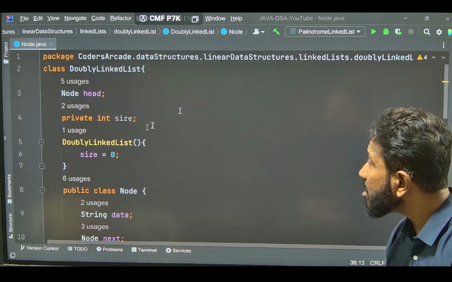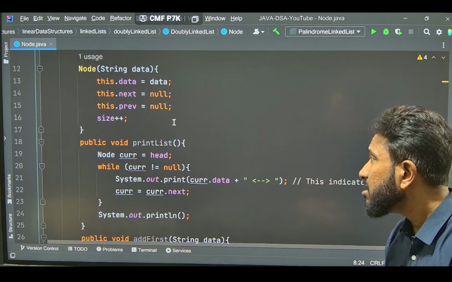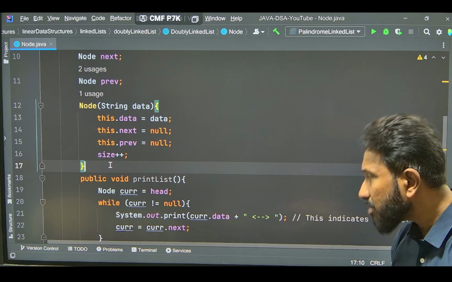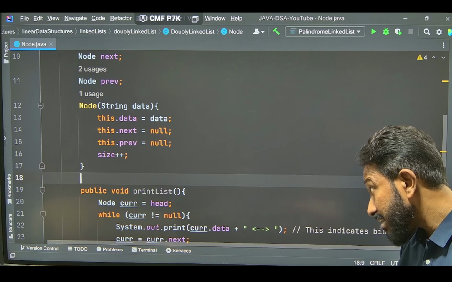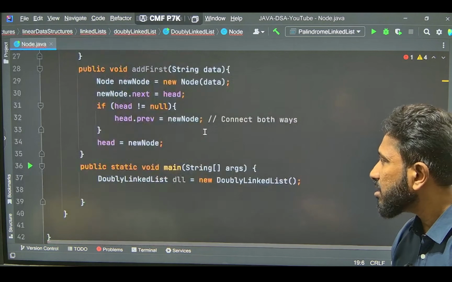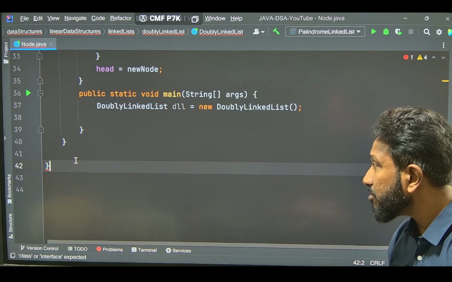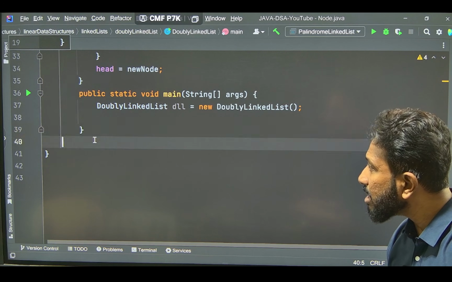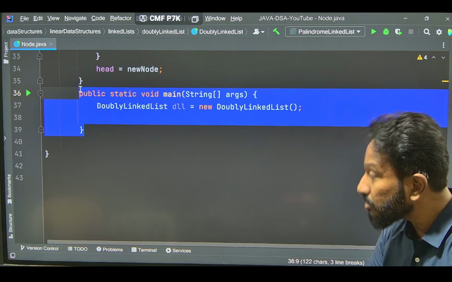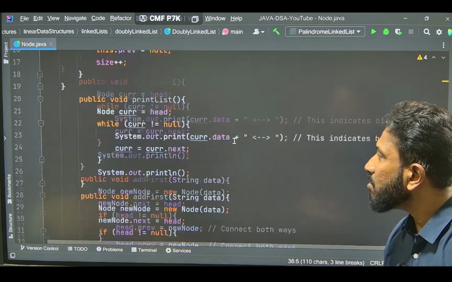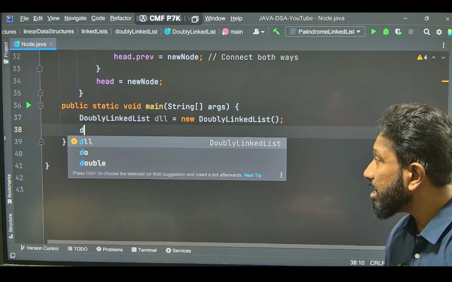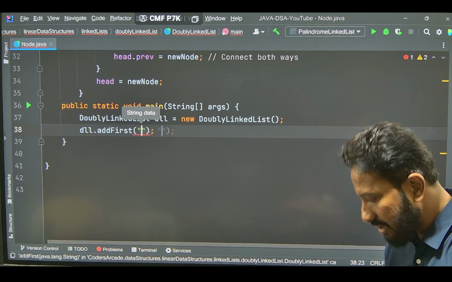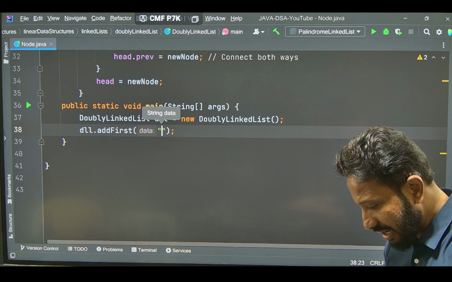Okay, actually, I think the node class finishes here, and this is where the constructor ends. So what we can do is put a bracket here, and this bracket we can remove. This one we can remove. And this whole thing can go a bit to the left hand side. Now let's see DLL dot, yes, we are getting all the things. Add first, let's say add first, right? I'll write